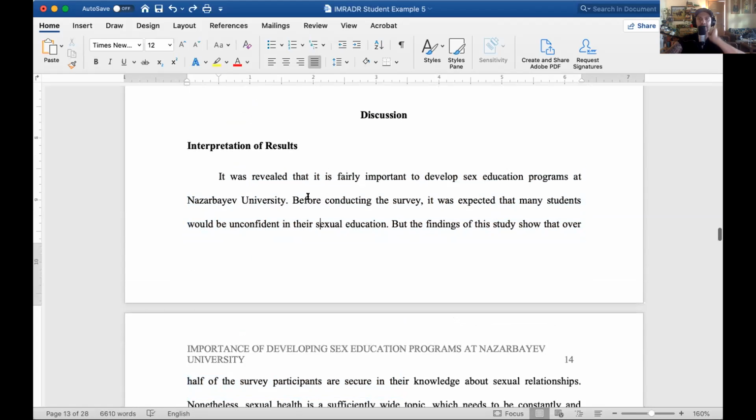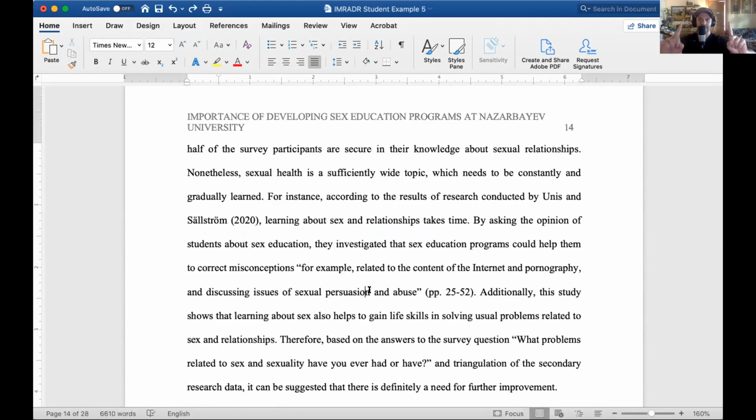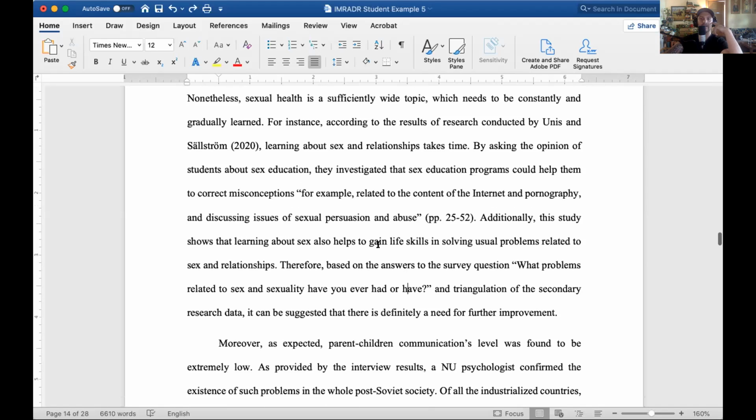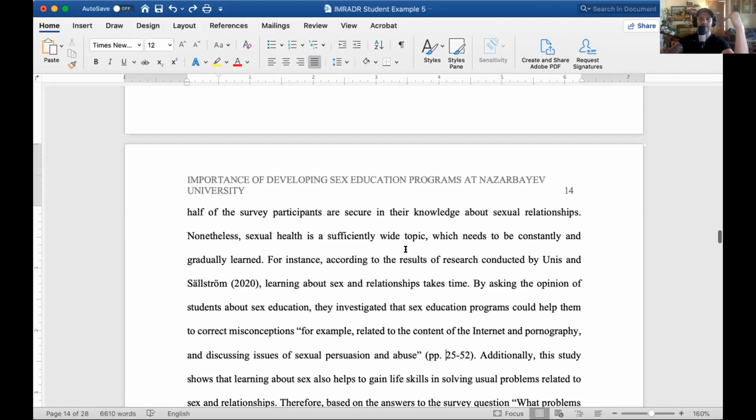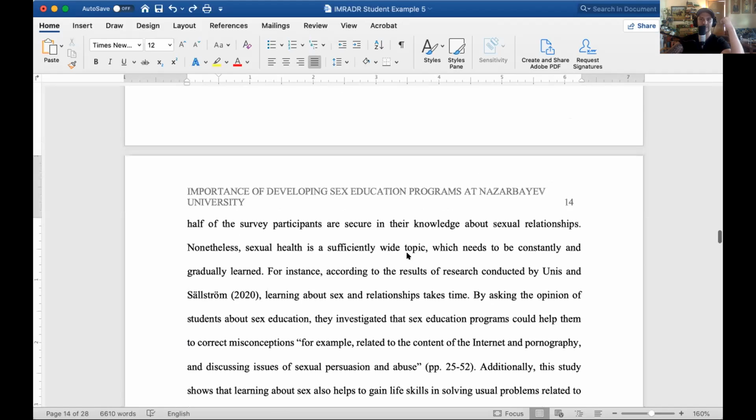Now, interestingly, they had a slight discrepancy with their primary research and their secondary research. I'm going to talk about that later in a separate video. And it's going to be all about what happens if your primary research and your secondary research don't line up well. And so we'll talk about how to deal with that issue. We're not going to cover that much in this class, but they did have an issue with this, particularly with